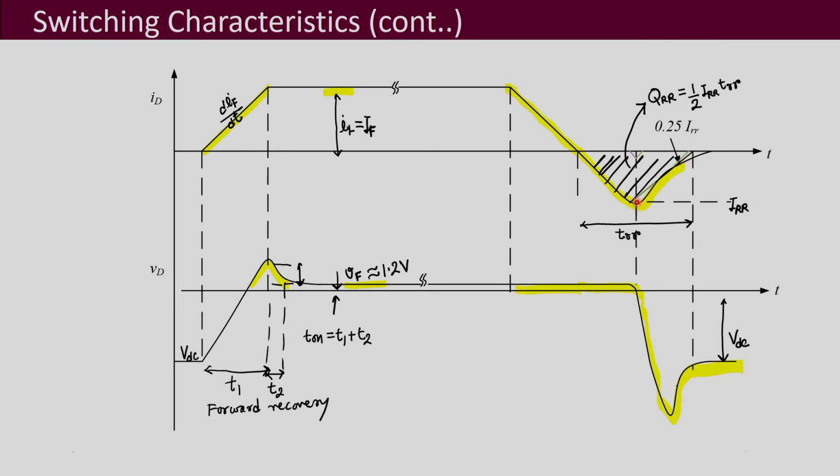Okay. So let us give some name to each of these times. Let us call it T3, this T4, and this T5. So this process is your reverse recovery,